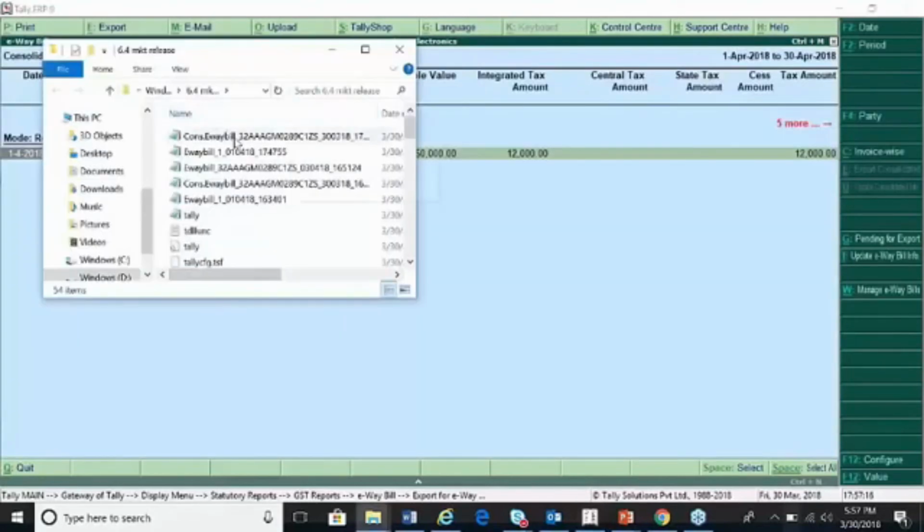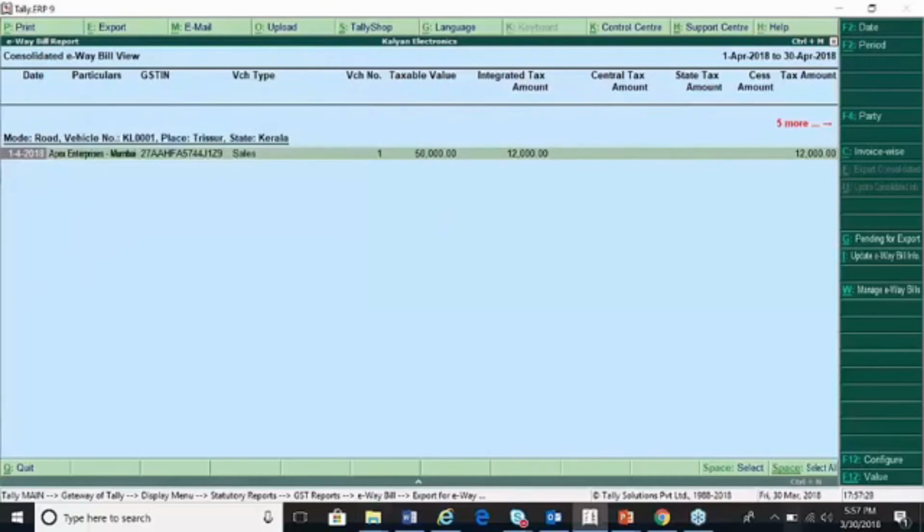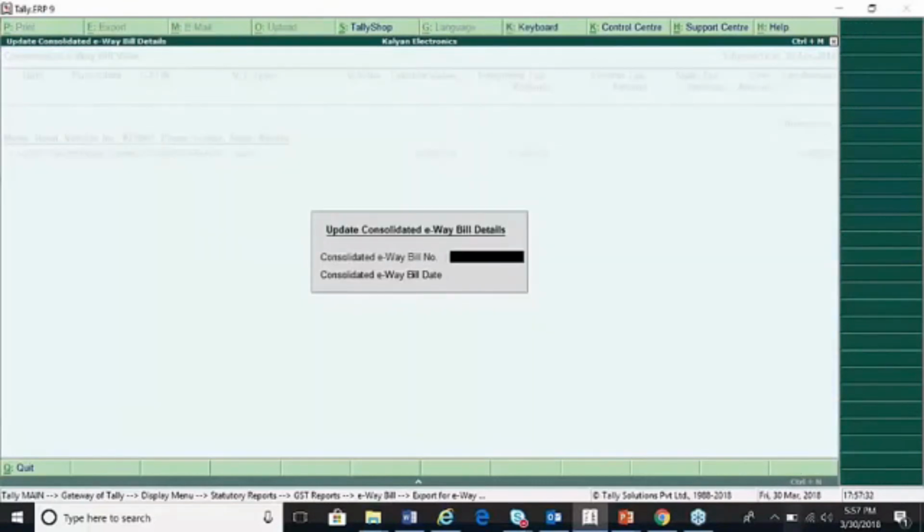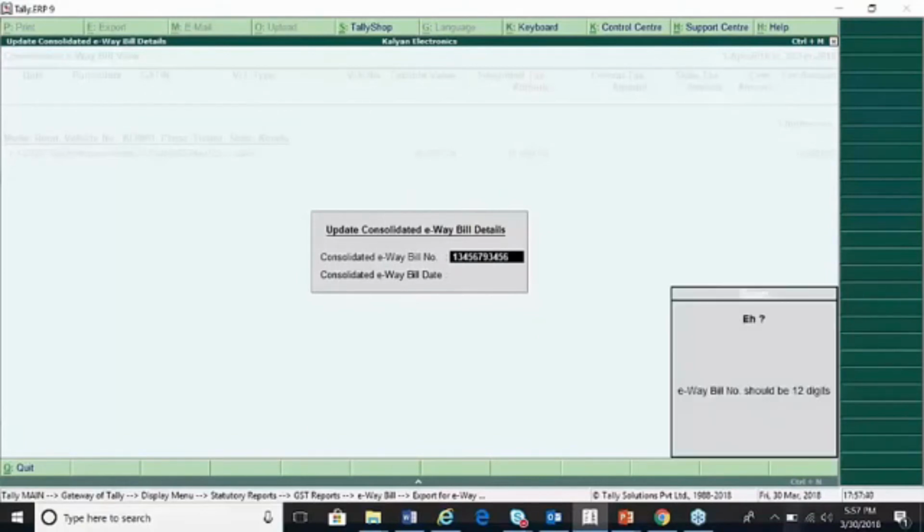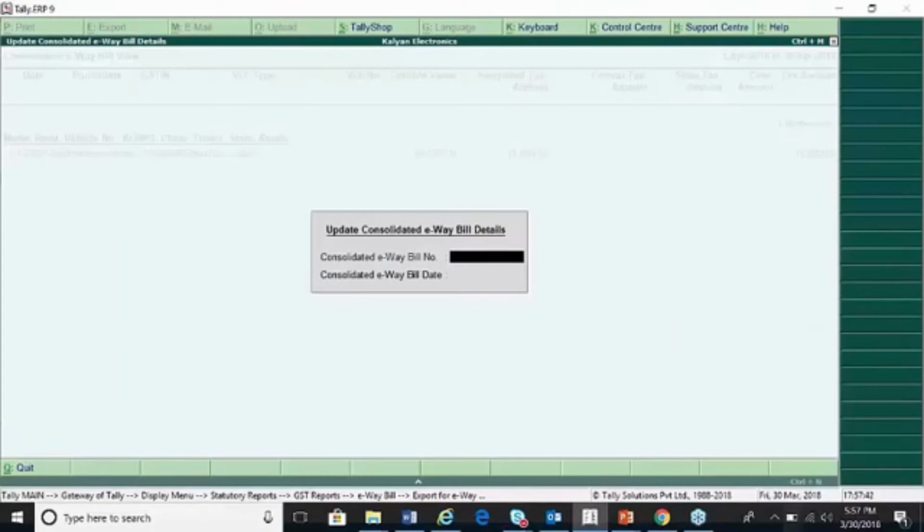So it gets exported as consolidated information. This comprises multiple e-way bill consignments, which helps the transporter take a single number and transport your goods. Later, once you export it, you have an option to update the consolidated e-way bill. This is also a 12-digit number. If no 12-digit number is provided, a warning message is given.